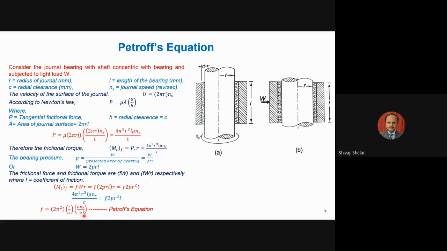So when we are going for the selection process of hydrodynamic bearing, the calculation of coefficient of friction is very important, and it is done by this relation. In this relation, the R by C value and the mu Ns by P value are very important, and they decide the coefficient of friction for that bearing. This equation is called Petrov's equation. Sometimes this is asked for 5 marks in your question number 1: derive Petrov's equation for hydrodynamic bearing. This is the relation you have to write, and it may be asked for 5 or 8 marks.